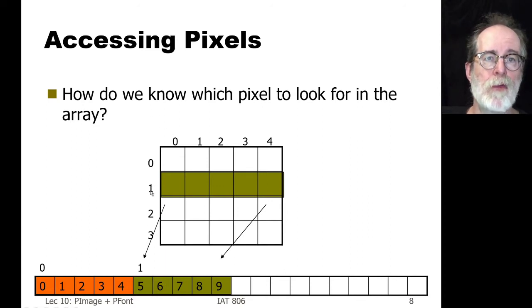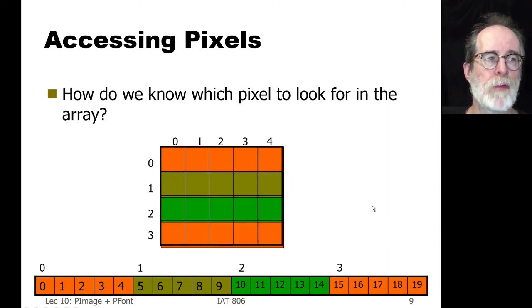Because this is one row down, that's 1 times width. The width is 5, right? 5 plus this index being 0 gives you 5 for this one. If I wanted y equals 1, x equals 4, that's 1 times 5 plus 4, giving you 9. And so on for the rest of these. There's 10 through 14 and 15 through 19, indicating the indices and where they are stored. I'm kind of reusing orange here, but the idea is basically that the array of pixels stores this stuff